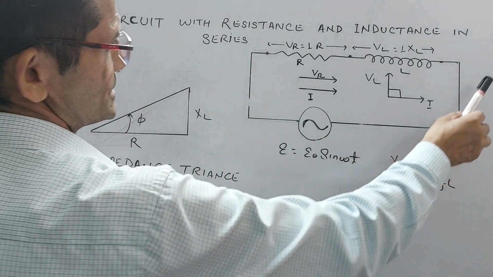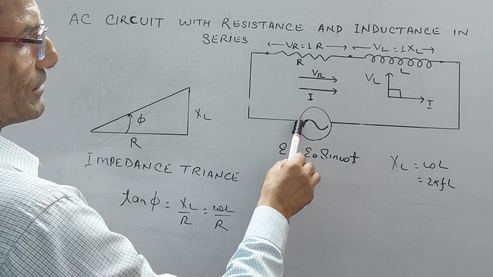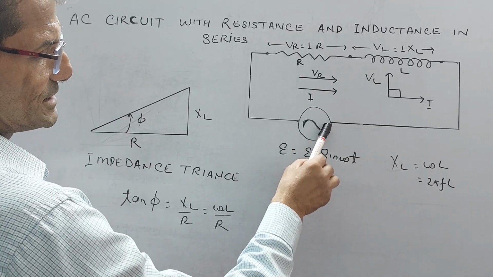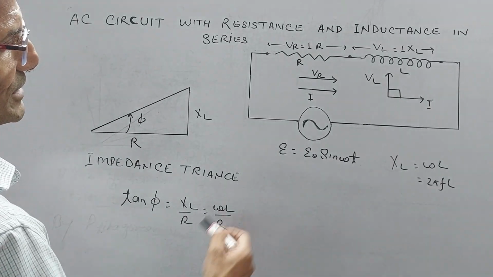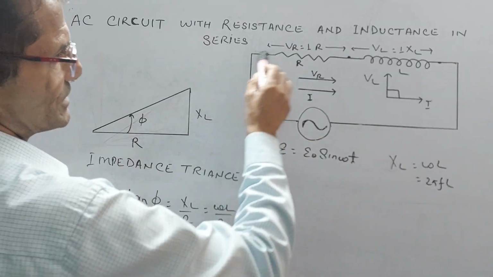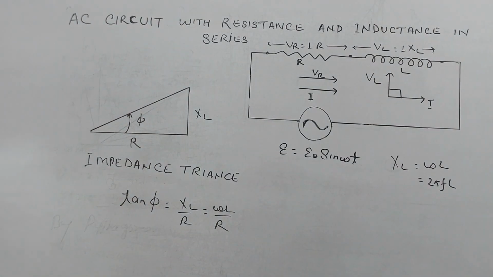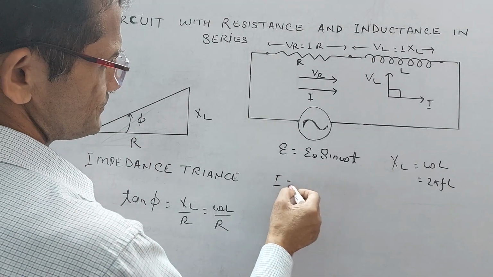This is our LR circuit, and this is the applied voltage which varies with time t in magnitude and direction. Corresponding to this, we have calculated the current at a particular time t. That current has the value